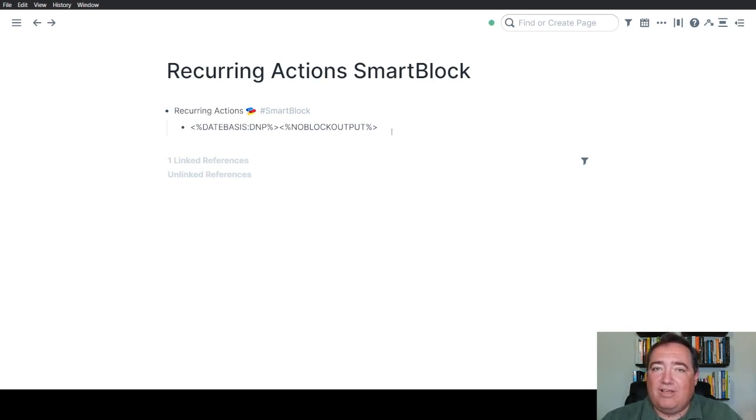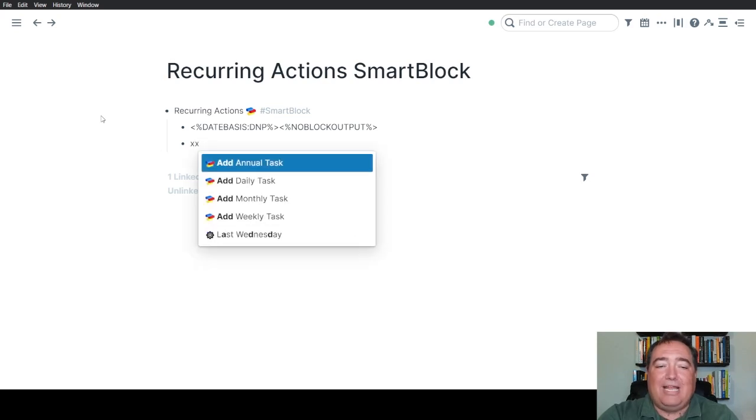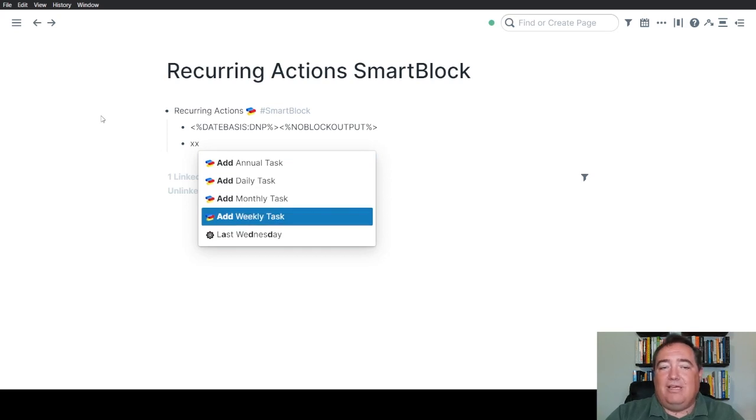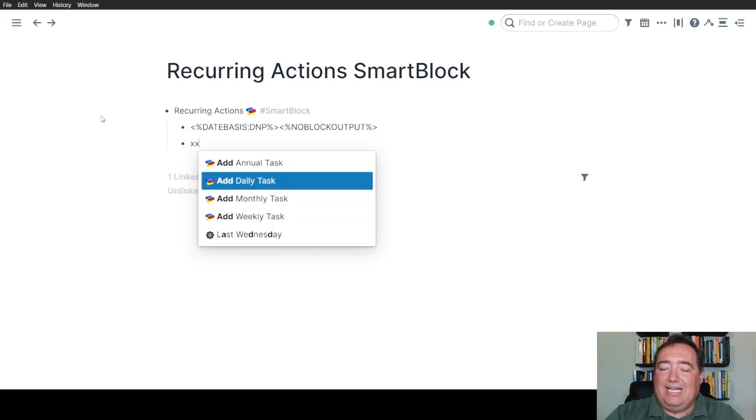There are actually two ways to do this, and I prefer the second slightly, but this is a nice way for you to get acquainted with this. So I'm going to show you that I have systems here that allow me to call up and add daily, weekly, monthly, or annual tasks. SmartBlocks use the code XX to trigger them. So when I hit XX and start typing the word add, you'll see I have annual, daily, monthly, and weekly tasks. If I click Add Daily Task,